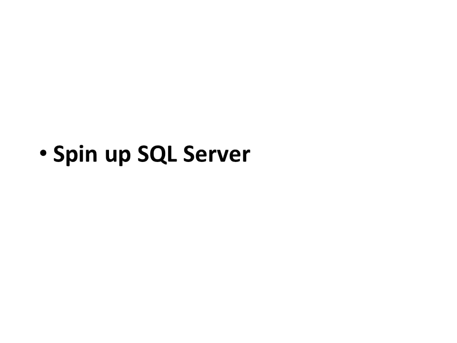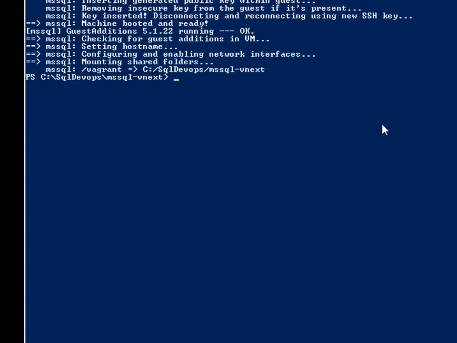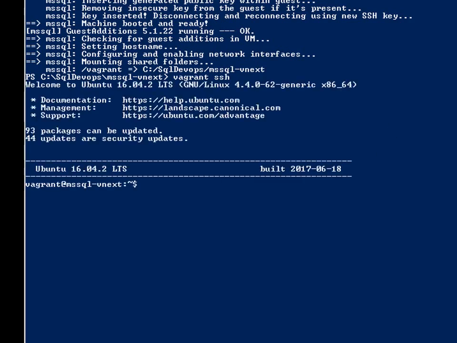We will go back to the shell. Inside the MSSQL vNext directory, type vagrant up, hit enter, and wait until the virtual machine is up and running. You can access the server in two ways: via the command line, type vagrant ssh, or via SSMS.